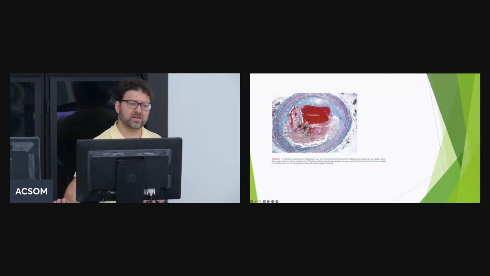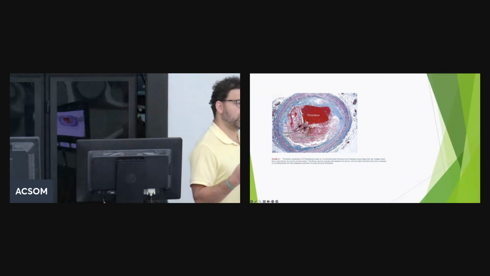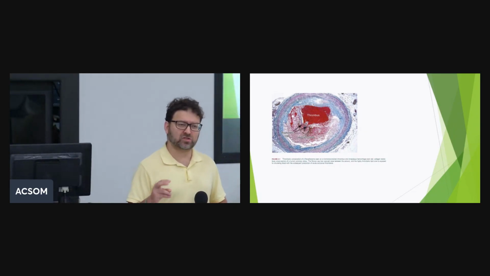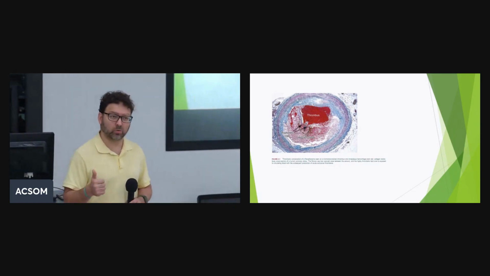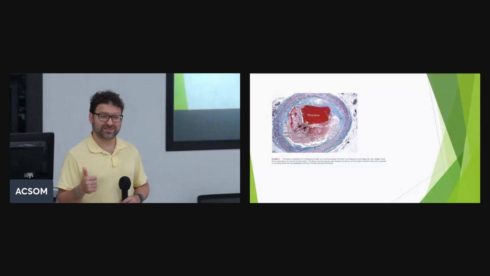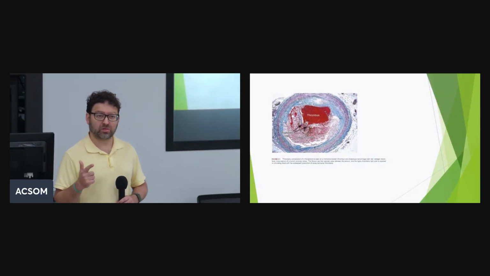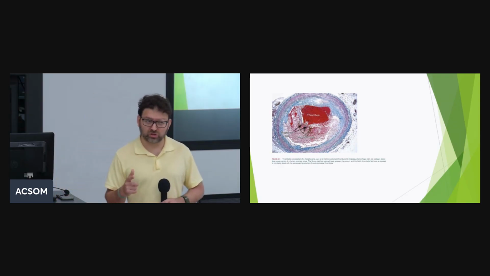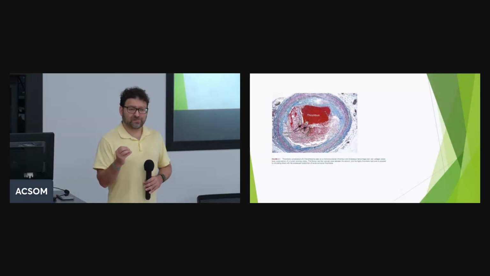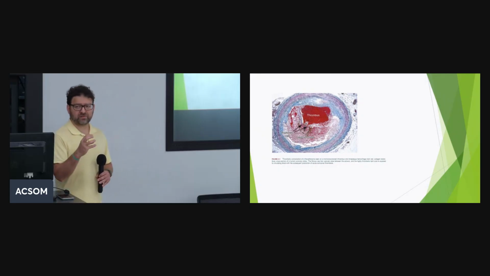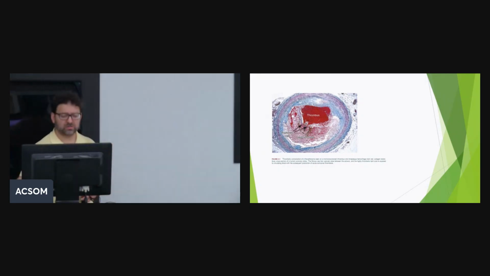And the reality is, once the content of the plaque is exposed to the blood, you get activation of two different pathways. Number one, platelet activation. And number two, you get thrombus formation. If the plaque ruptures and you have complete occlusion of the lumen,